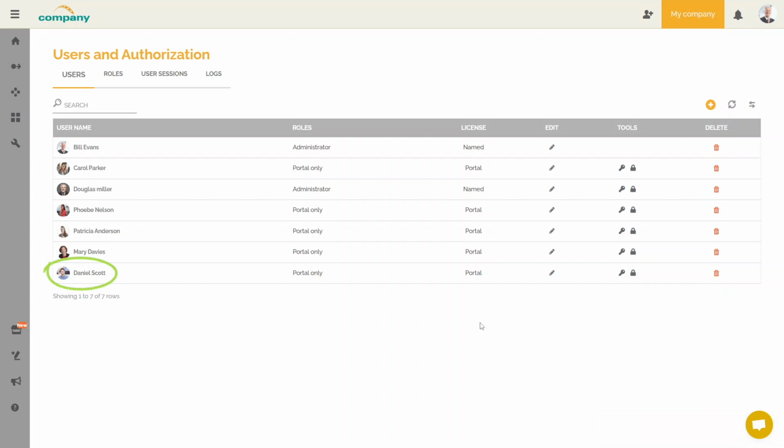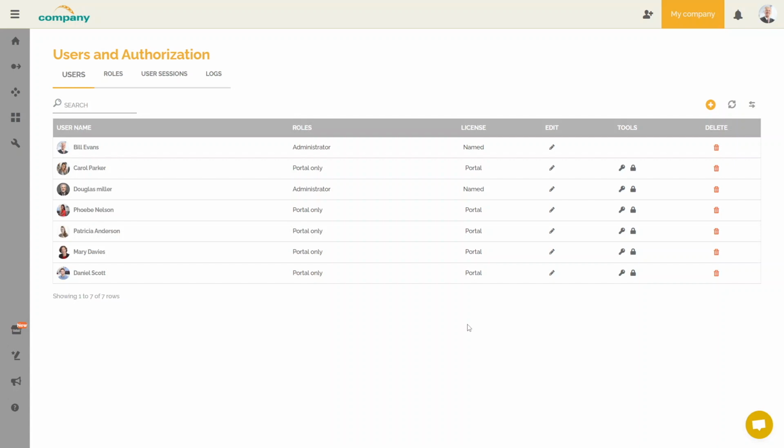Something interesting is happening when you choose a role that gives access only to the portal. This can be a created role or the portal-only native role. The system will then automatically assign a portal viewer's license to this user from among the licenses of this type available. After that, the system does not display the information about this license in the user information. In this case, no email will be sent automatically by HeFlow.